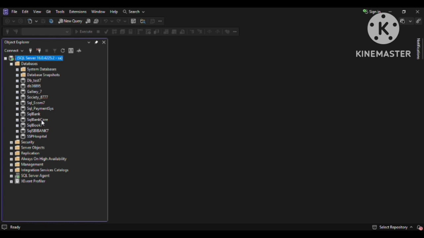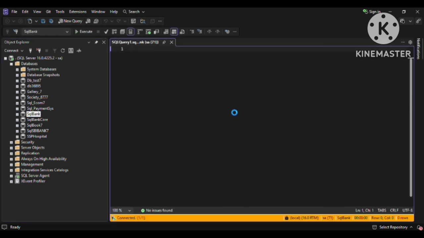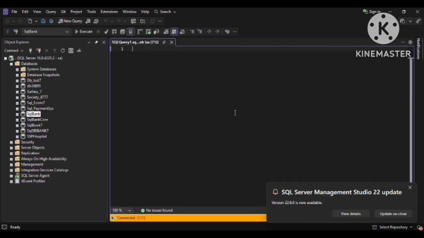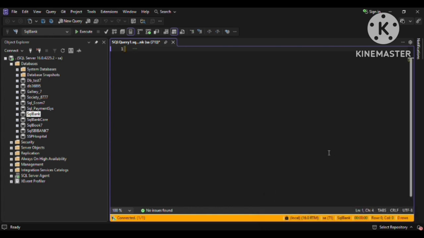We'll show you that demo using the SQL Bank database. We have multiple methods to find the count of parameters. So method one is